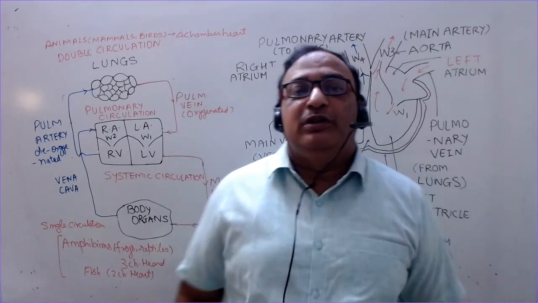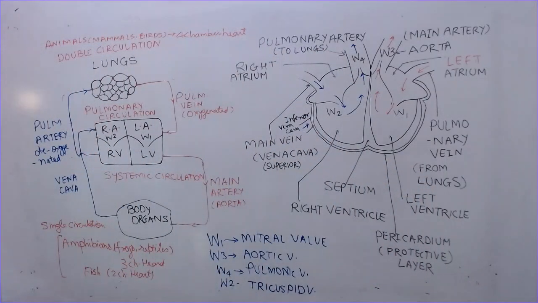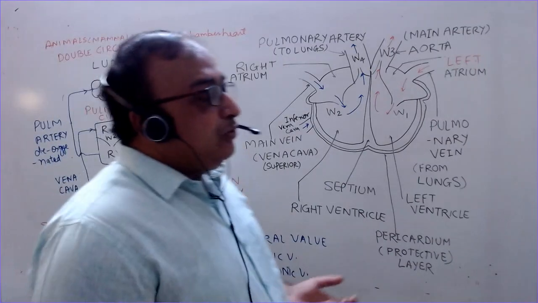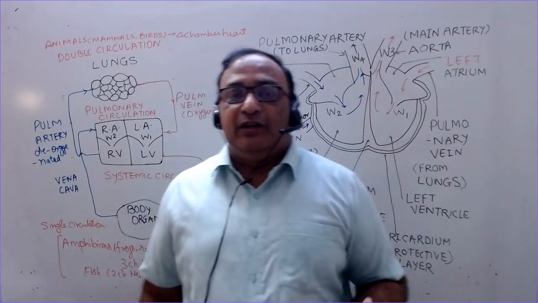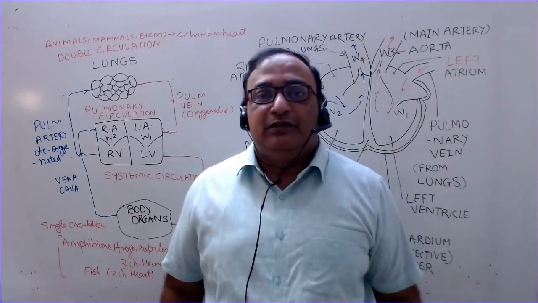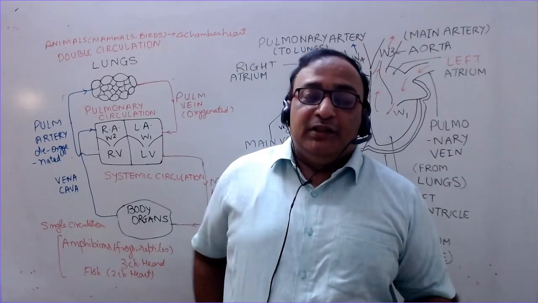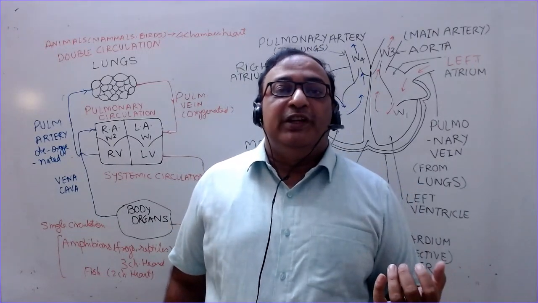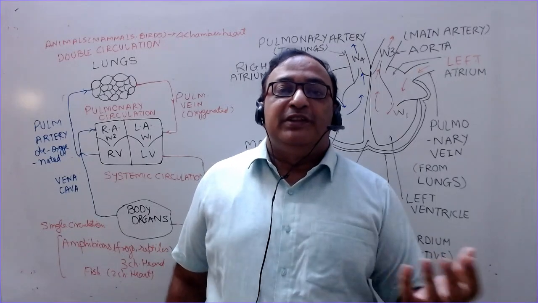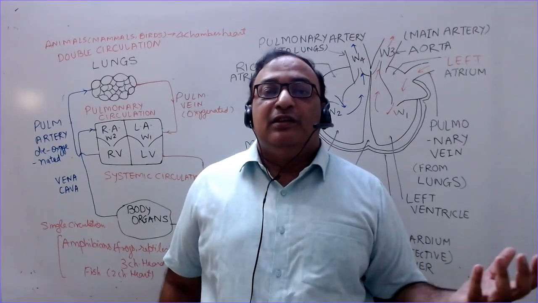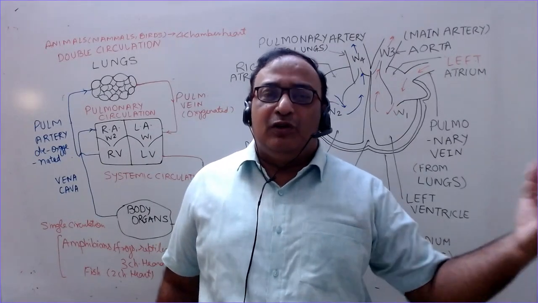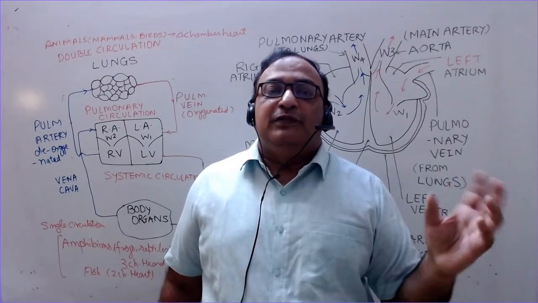We have a 4-chambered heart, whereas in amphibians and reptiles like lizards, frogs, etc., the heart has only 3 chambers: 2 atria and only 1 ventricle. In place of 2 ventricles, they have only 1 ventricle. A 3-chambered heart, because they have to come to the surface. You must have seen crocodiles and lizards coming to the surface of water or earth, wherever they live, after a certain period of time.